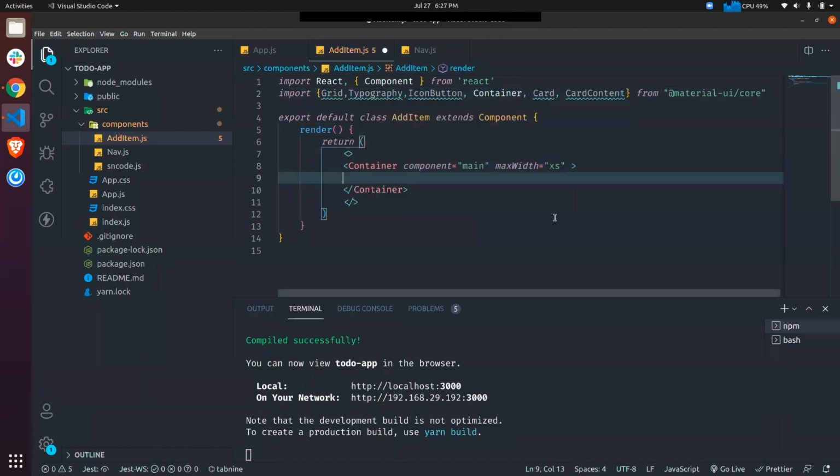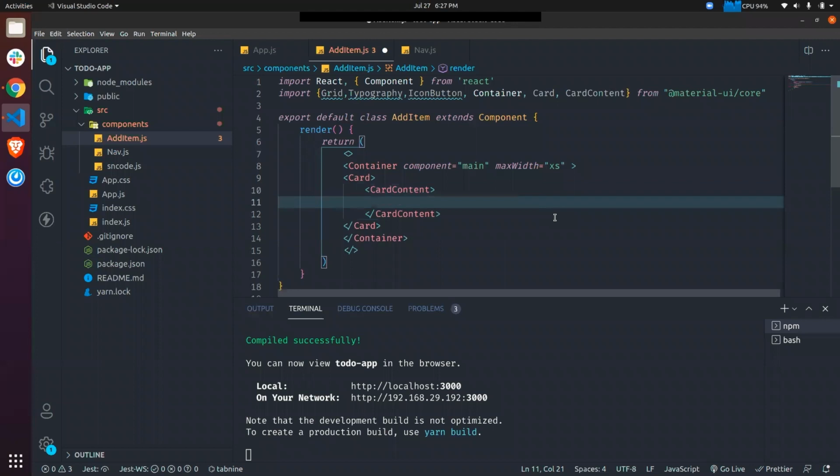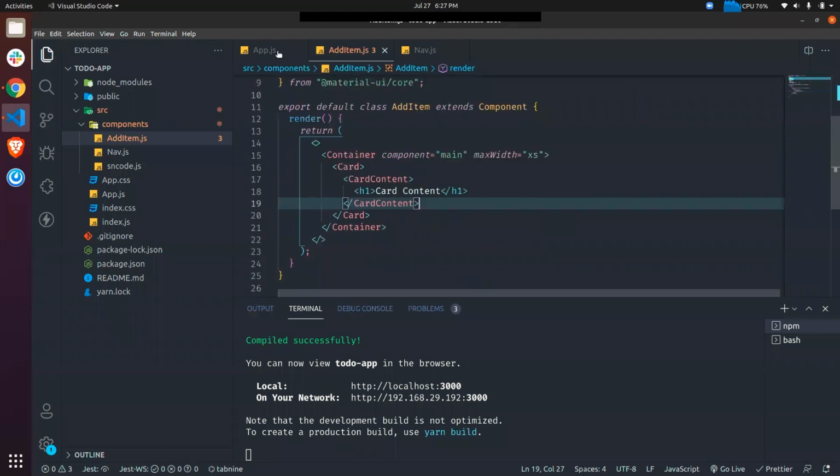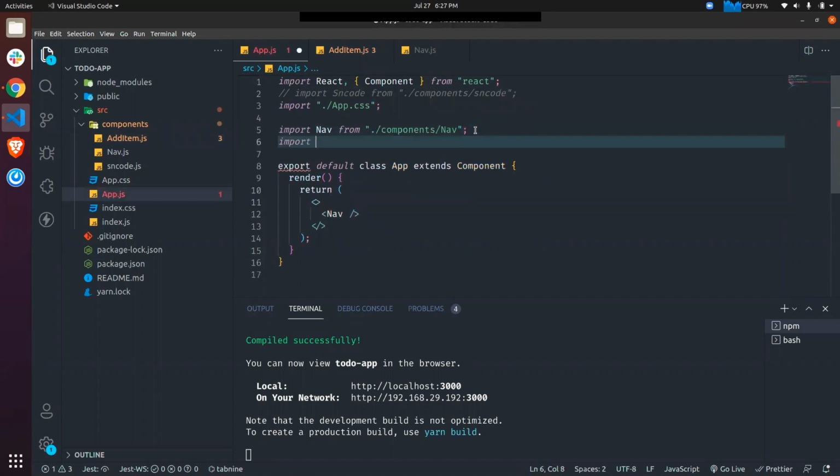Let's write CardContent, and let's take an h1 which says card content. Now we are good to go, so let's save it, and let's import this component so that we can see what is built till now.